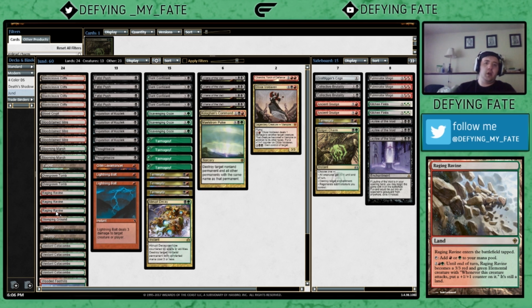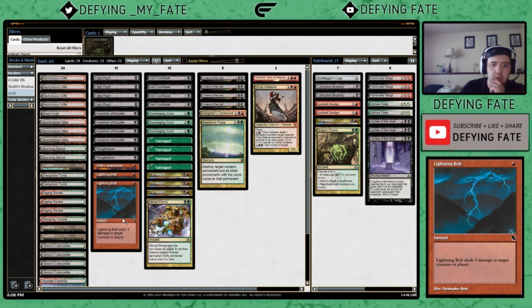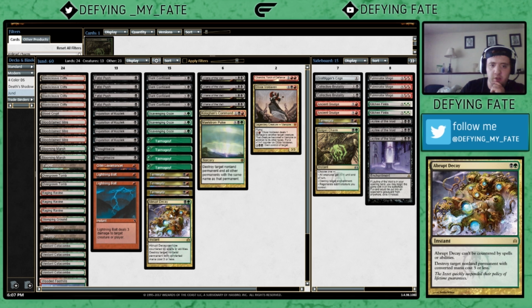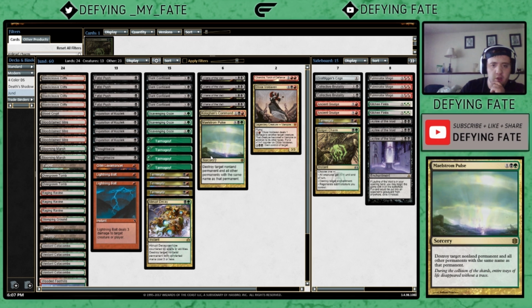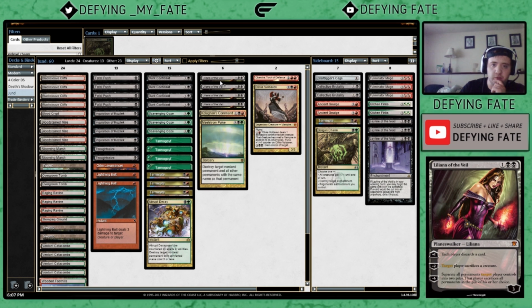So let's talk about the removal package. Removal package here is a 4-2 split on Fatal Push and Lightning Bolt, with Lightning Bolt being a 2 in this list. And then we have 3 Terminate, 1 Abrupt Decay, 1 Maelstrom Pulse, and 1 Kolaghan's Command. And then of course 4 Liliana, the Veil,